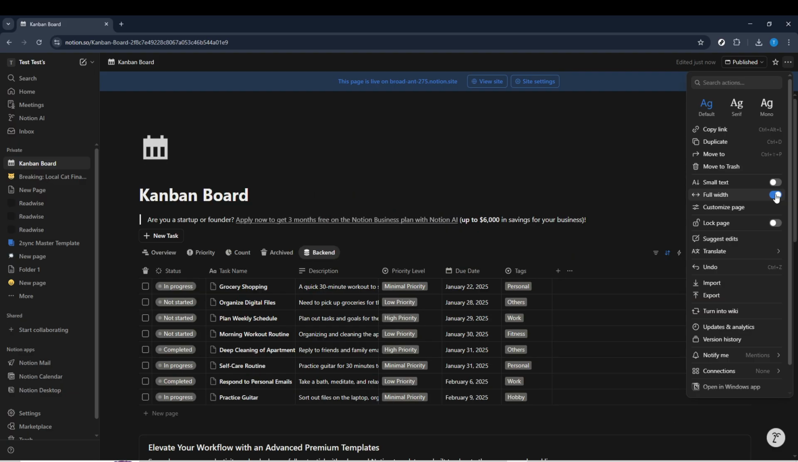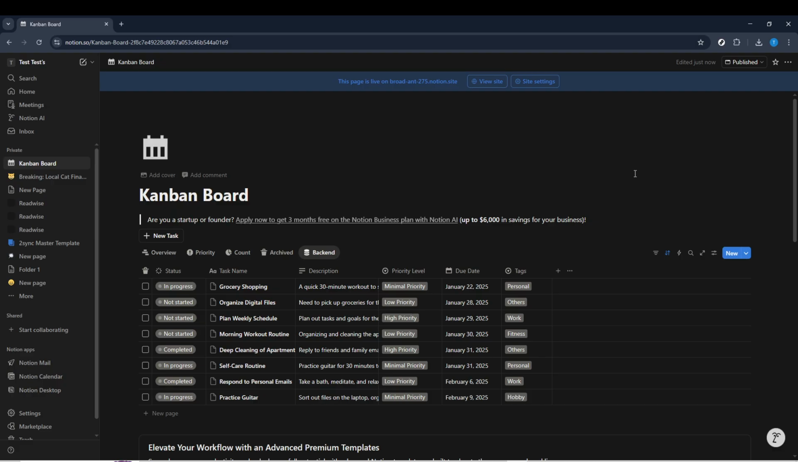And that's all there is to it. In just a few clicks, you can make any Notion page full width, dramatically improving the organization and visual appeal of your workspace. If this tutorial helped you,